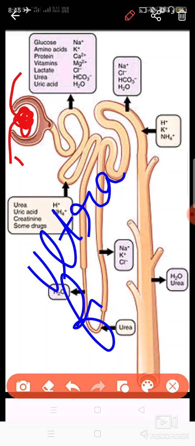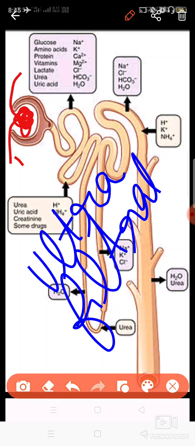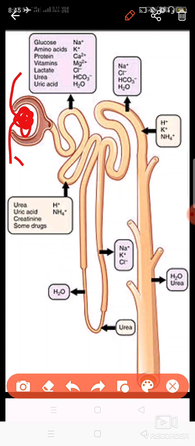Now I think you get the point. Ultrafiltration is the process by which the substances present in the blood are filtered out due to the lesser diameter of the capillaries present in this region. And because this is present in the Bowman's capsule, it exerts one kind of pressure, due to which all the things which are lesser in diameter filter out, and these finally reach this part from where the tubules start.